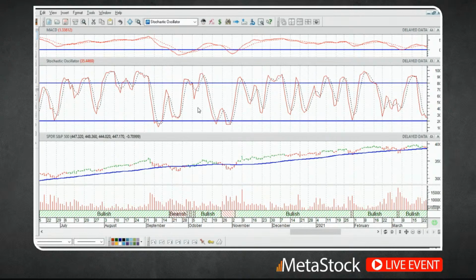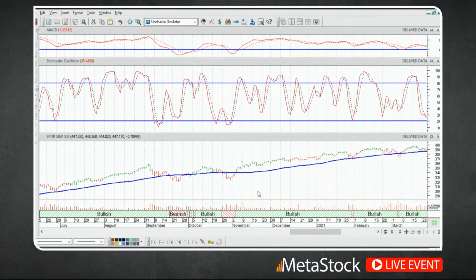But the stochastic's a pretty interesting indicator because, like the MACD, it can be interpreted in a lot of different ways. We can look for situations where it's overbought or oversold. We can also look for patterns in it, like higher highs or lower highs in the indicator in relation to the chart itself, to help identify if we're uncovering some type of hidden divergences, support and resistance, and so forth. In addition to that, we can also look at this for possible crossing points. And that's what we're going to do here tonight.